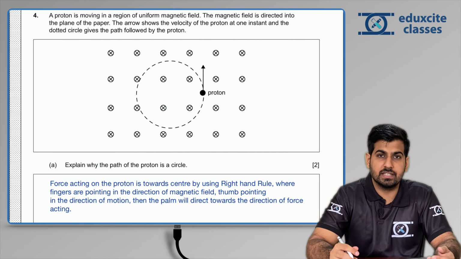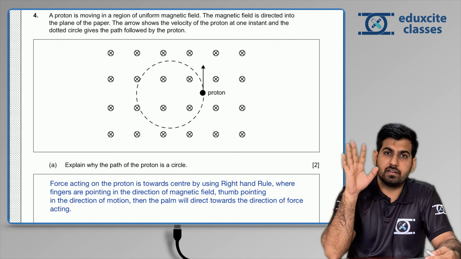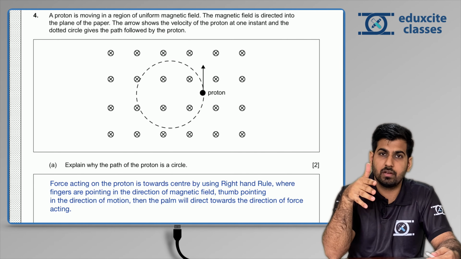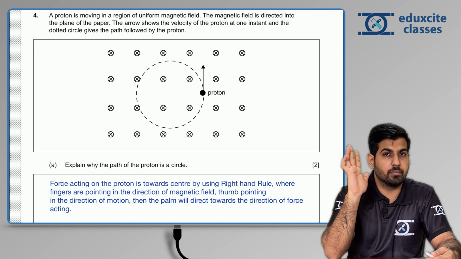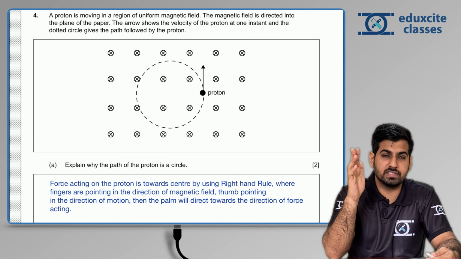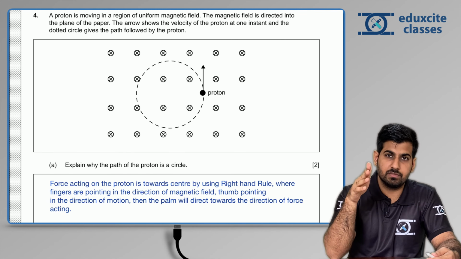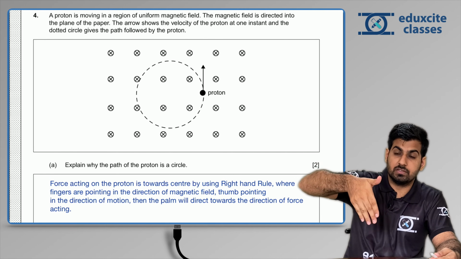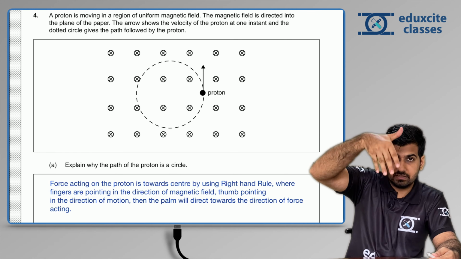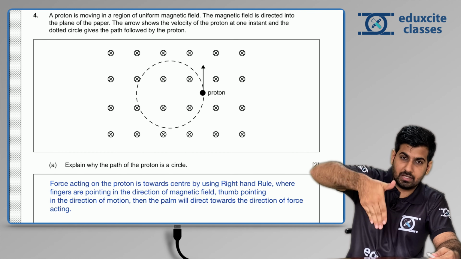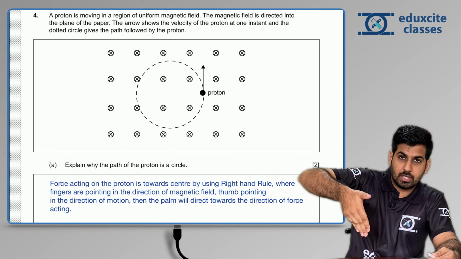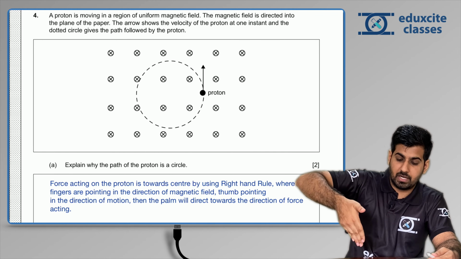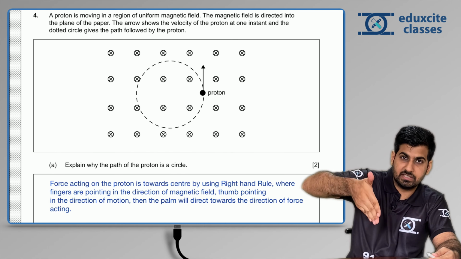So it's an easy one. Just use the right hand rule to define the direction of the motion of a charged particle moving in a uniform magnetic field. So what does that rule say? Use your right hand in such a way that the fingers point in the direction of the magnetic field. So the magnetic field is going inside the paper, so I am putting my magnetic field inside the paper. Thumb will point towards the direction of the motion of the particle. The particle is moving like this. It is tangential in direction.